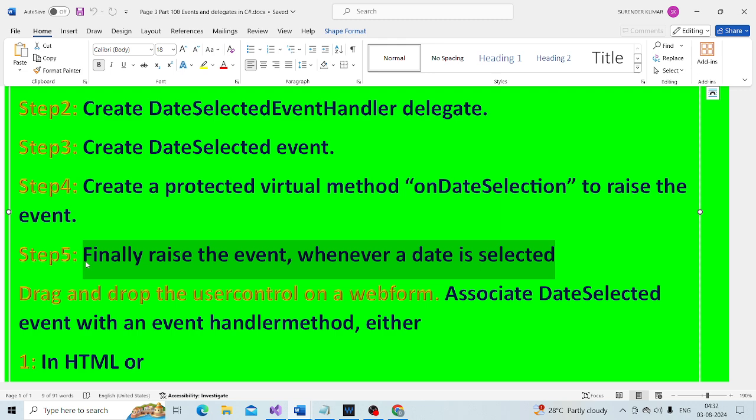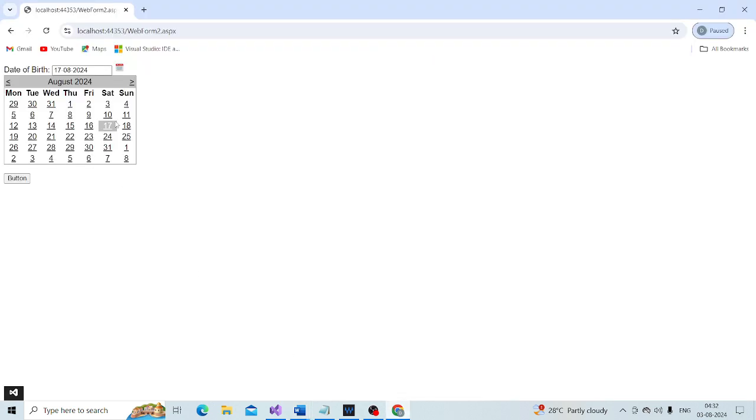So when should we raise the event? We raise the event whenever we select the date in the calendar. So whenever the selection in the calendar changes, that is when we should raise the event.